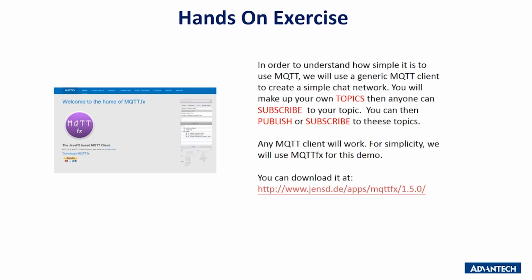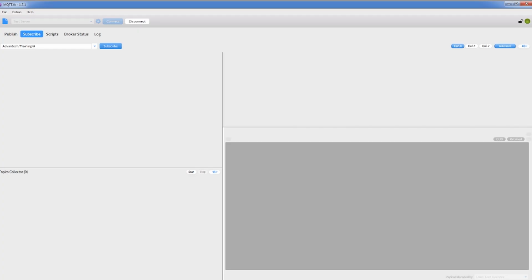Now we'll do a little hands-on exercise in order to understand how simple it is to use MQTT. We're going to just send some random messages back and forth and see how that works. And we're going to use an open source program called MQTT-FX to do that. So let's take a look at MQTT-FX. And this is what it looks like. And what we'll do is